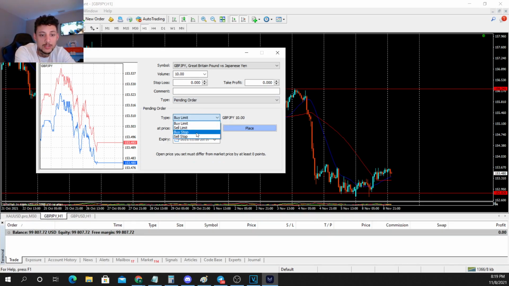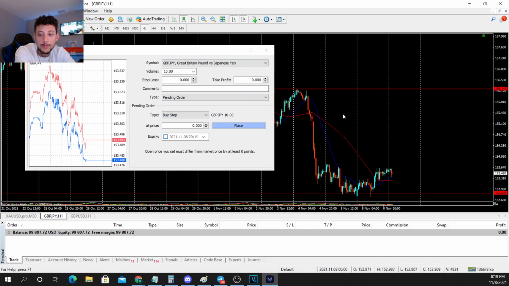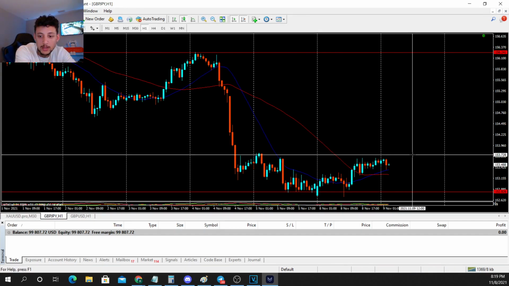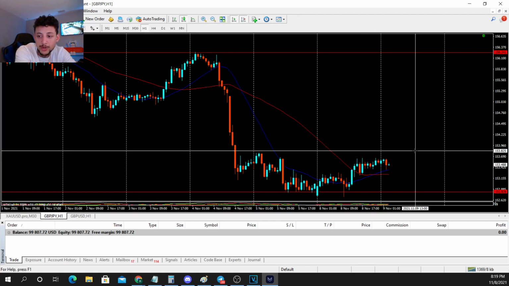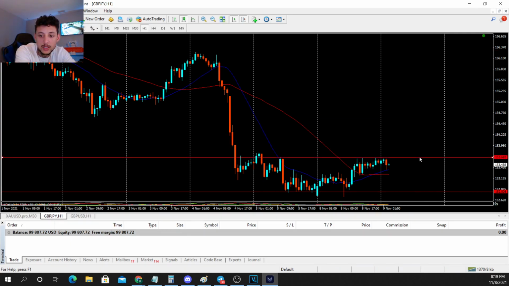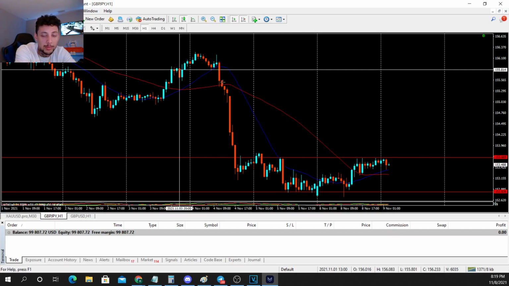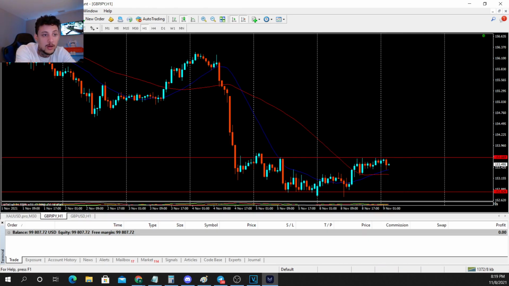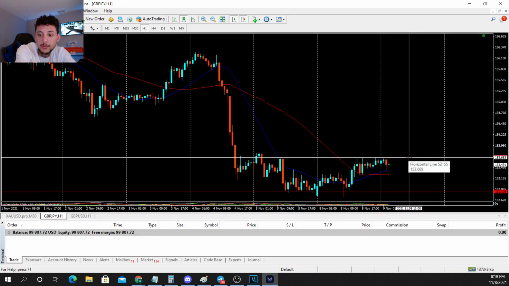So let's just say we want to enter a buy stop, right? Now the way a buy stop is actually going to work is that let's say I want to get in the market when price breaks this resistance here. Let's just say this is resistance right here, and you want to get in the market when price breaks it a little bit. When price breaks above it by 10 pips, you want to get in, right? So now 10 pips from this resistance is going to be